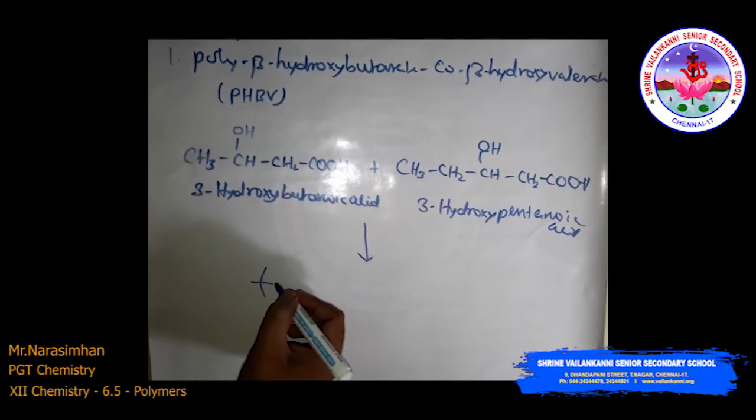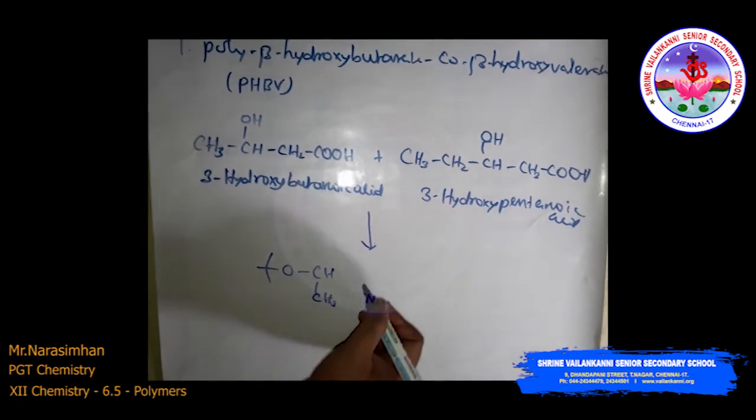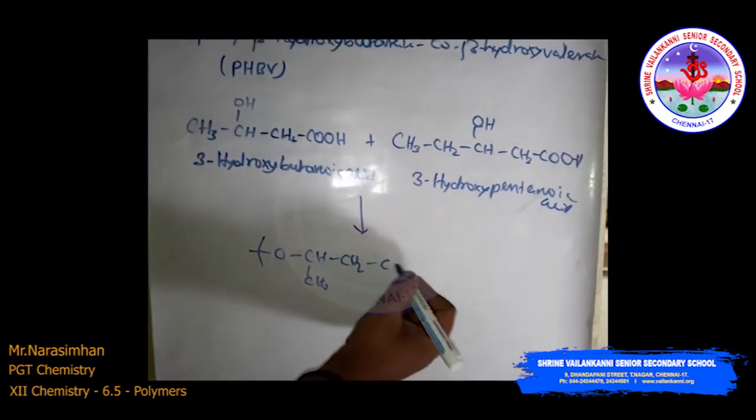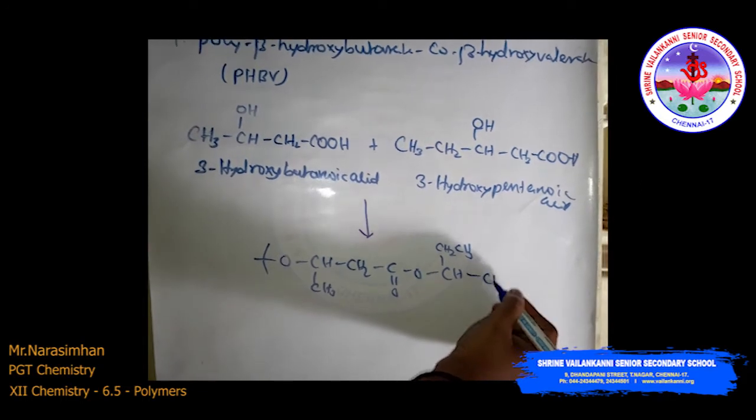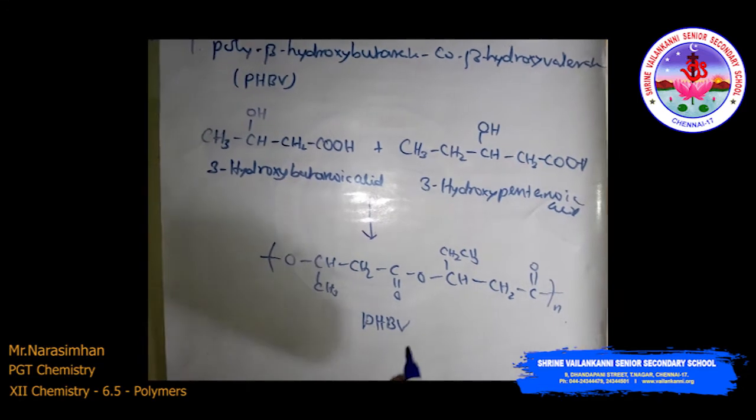The PHBV structure: O CH CH3 CH2 C double bond O, then CH CH2 CH3 CH2 and C double bond O. So this is called PHBV, poly beta hydroxybutyrate co beta hydroxyvalerate. This is a biodegradable polymer. Then